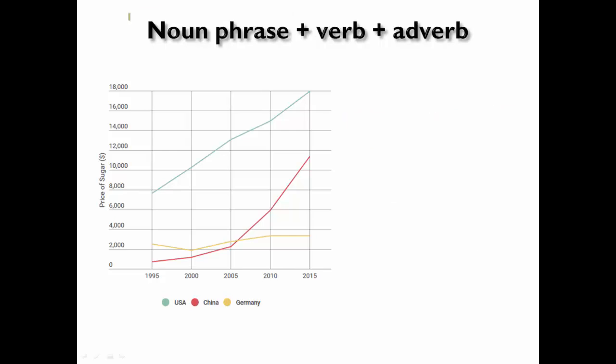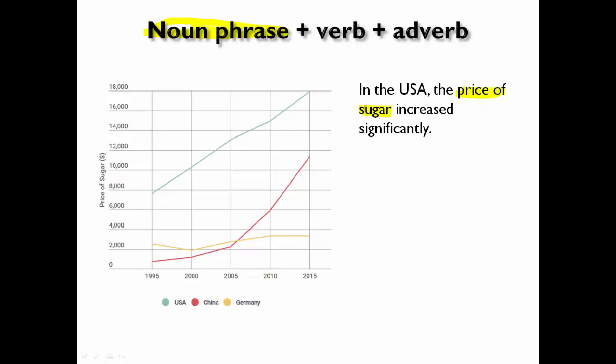You could do it by starting off your sentence with a noun phrase, then you use a verb, and then you use an adverb. So we're going to look at the exact same data, but we're going to use a different grammar structure this time. In the USA, the price of sugar increased significantly. So noun phrase, the noun phrase here is price of sugar. So the main thing we're talking about is the price of sugar. The verb,